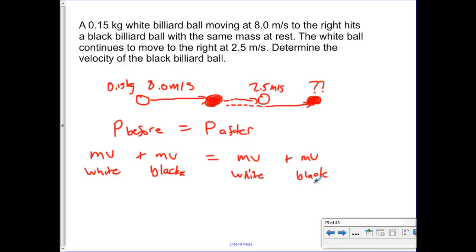Does that make sense? It's very similar to energy in a way. Keep track of all of your energies, keep track of all your momentums. One of these four is actually unnecessary. The black one to start with, because the black one to start with wasn't actually moving. So if I really wanted to, I could probably just ignore that and say, originally the white ball